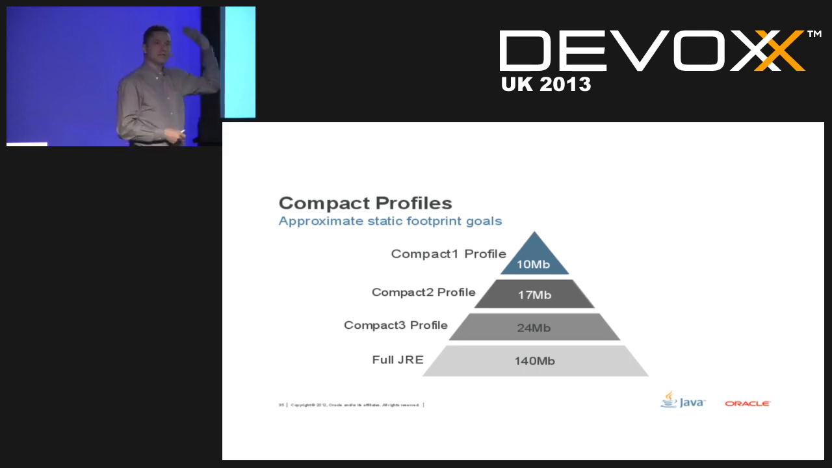Compact profile 1 is only 10 megabytes, so that's really just sort of logging, the class loader, the security manager, and so on. Then you've got compact profile 2, 17 megabytes, compact profile 3, 24 megabytes, and the full JRE, about 140 megabytes. So, I'm not sure if that's right. Okay. Better check that. It looks rather large to me. I think it's less than